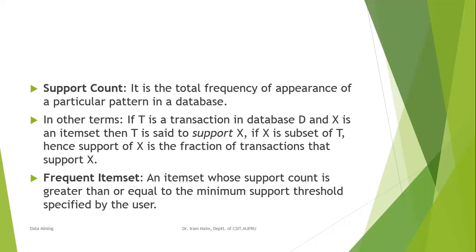You just count the value, and this represents your support count value. What is a frequent item set? An item set whose support count is greater than or equal to the minimum support threshold specified by the user. So for each and every type of question, there should be a minimum threshold value of the support. First, you decide this support value, and on the basis of this support value, we are comparing the value of